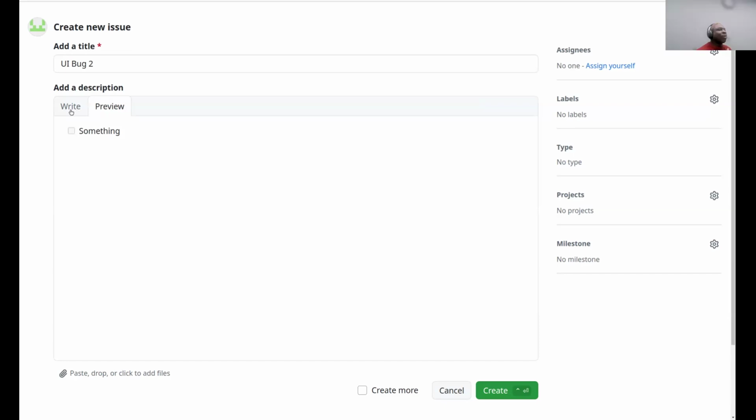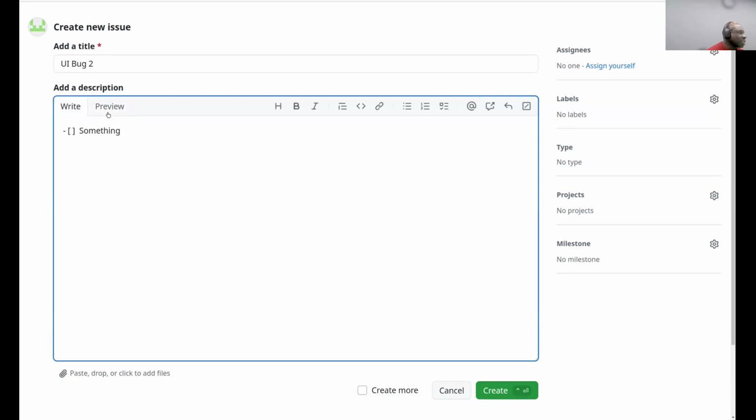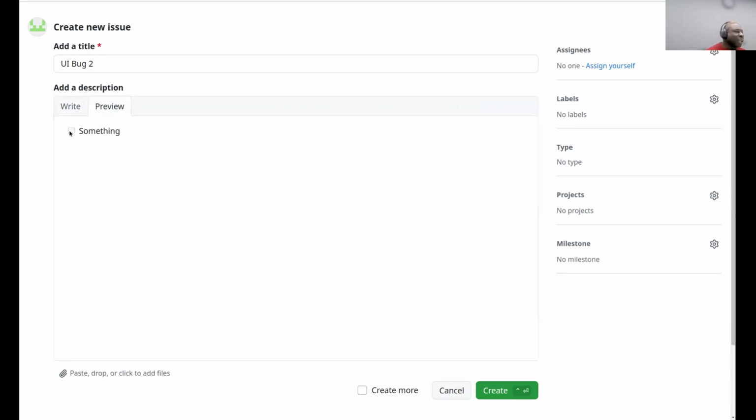Yes. A nice thing to do is I'll just make a task list, and then when everything is done, I can just check and say that we're done. Right? So I'm finding that really, really nice to use.